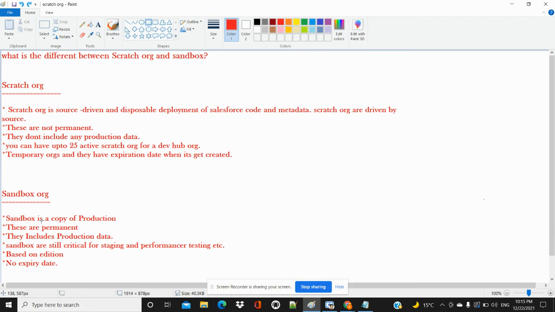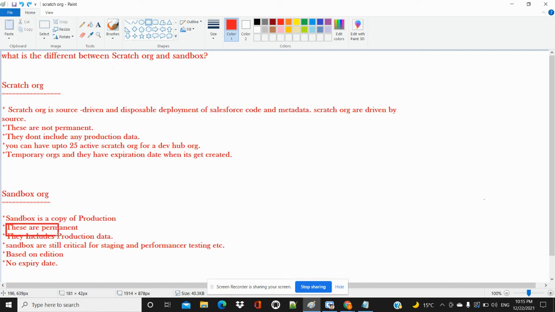Once we are logging into our production org, we are creating the new org. Suppose we want to create a partial copy sandbox, using production we can create it. So this is our first point. When we are talking about the second point, these are permanent. Before that we discussed that scratch org is not permanent, but sandbox is permanent.